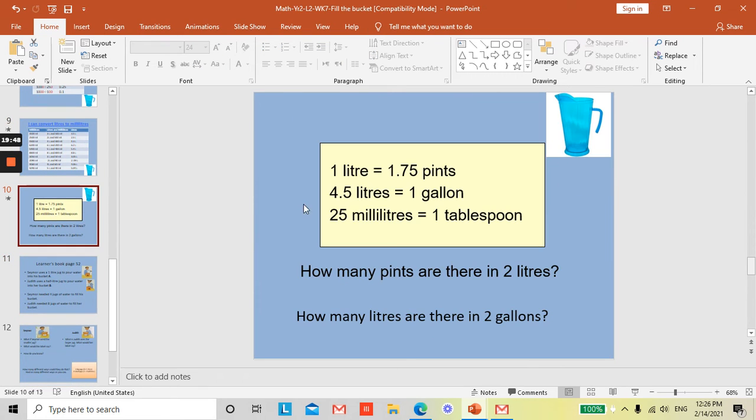Next we have here: 1 liter is equal to 1.75 pints. 4.5 liters is equal to 1 gallon. 25 milliliters is equal to 1 tablespoon. How many pints are there in 2 liters? If 1 liter is equal to 1.75 pints, we are going to have